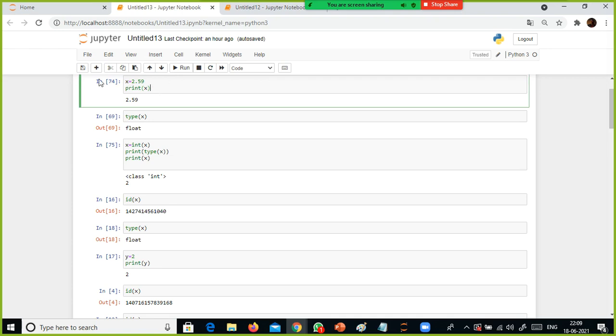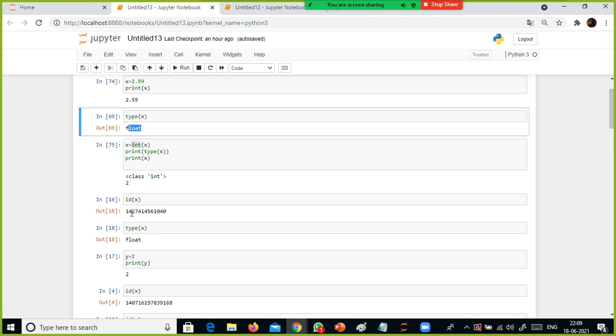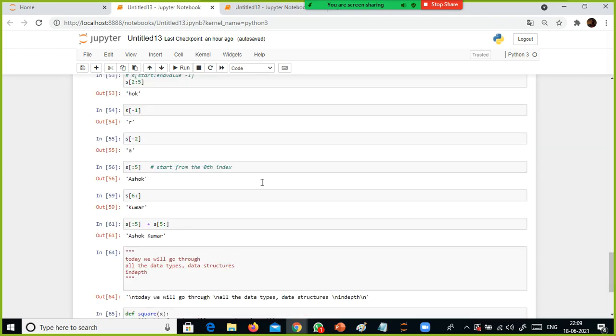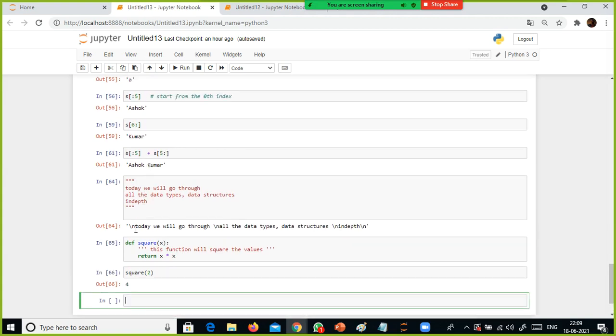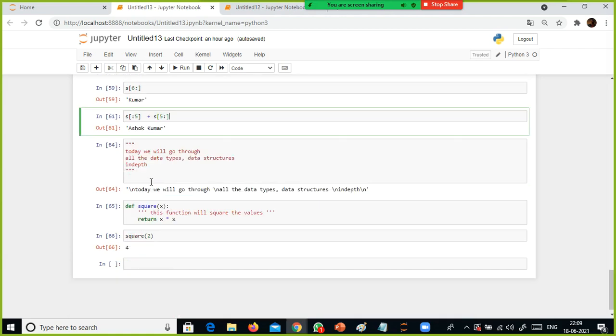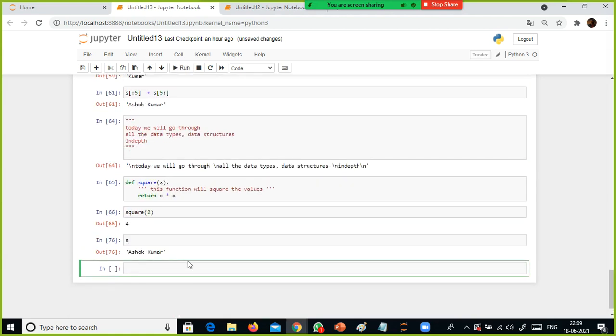X is actually a floating data type. Using the built-in function called int function, I converted the float data type into integer data type. Okay, fine. Similarly, in the case of string data type, we have a variable called s. I'll just type it once again. In this variable, I could see Ashok Kumar, right? Ashok Kumar. I'm going to use some function, case of